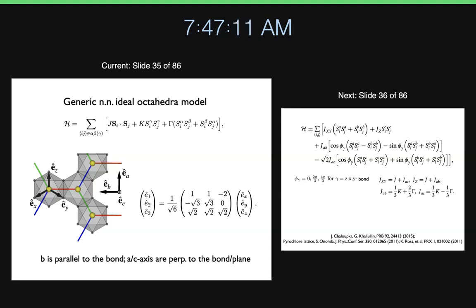On the other hand, the A-axis here is going to be the direction parallel to the bond. So that's going to be the A-axis, and the C-axis is out of plane. So that's probably the easiest. If you want to connect this ABC coordinate to the XYZ, we just have to rotate this.